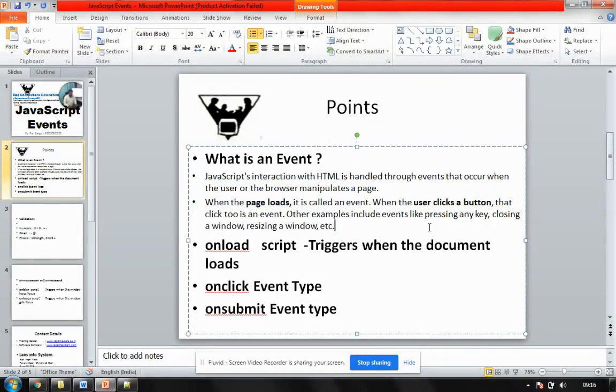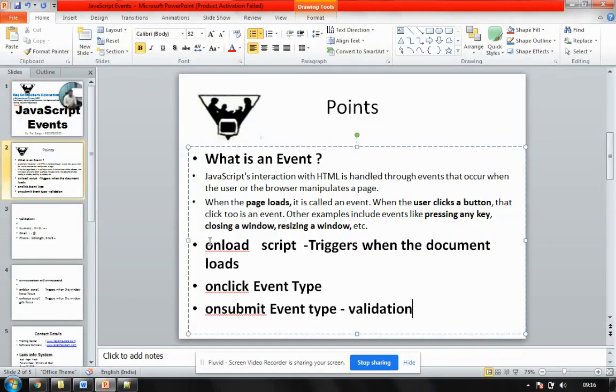And we can have other events also, like when a keyboard key is pressed, or the mouse is operated, or the screen size is increased or decreased, and those are called window events, or when you open or close the window. So all these are events. First of all, we'll be studying three events: load event, onclick event, and submit event. The submit event is mostly used for validation purposes.